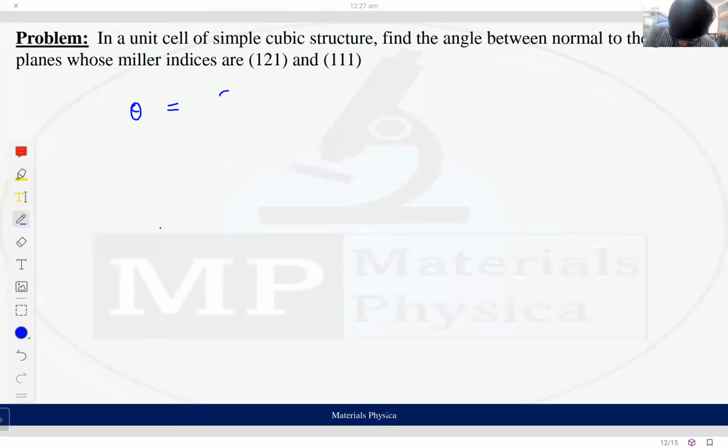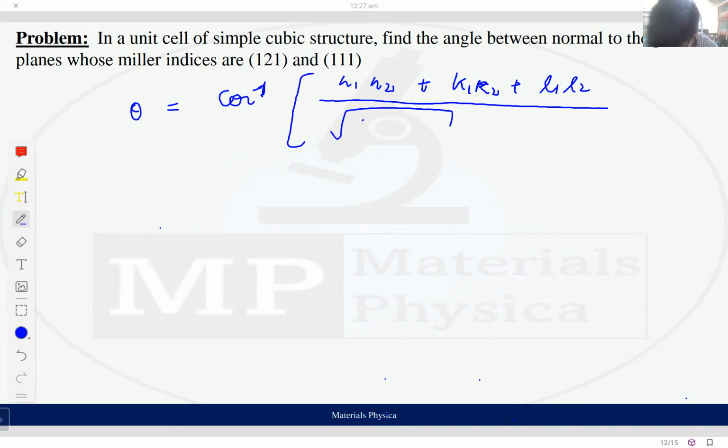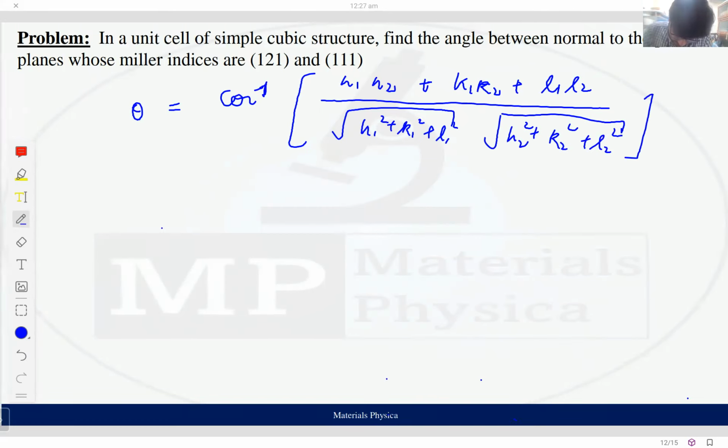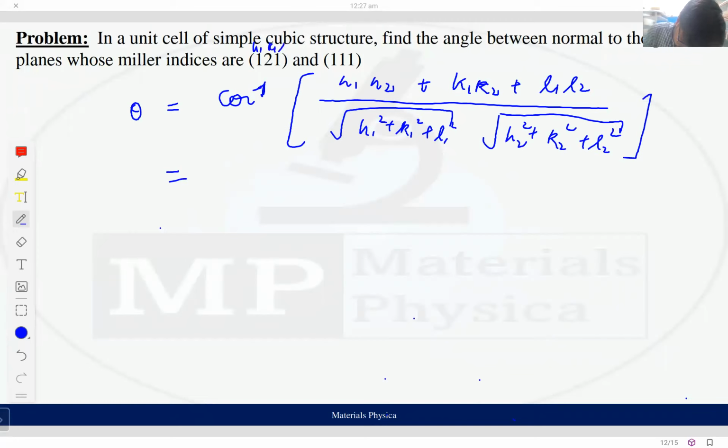theta is equal to cos inverse of (h1 h2 plus k1 into k2 plus l1 into l2) over (under root h1 square plus k1 square plus l1 square) into (under root h2 square plus k2 square plus l2 square). Now this is h1, this is k1, this is l1, this is h2, this is k2, this is l2. Now put the values of all of these, we will get